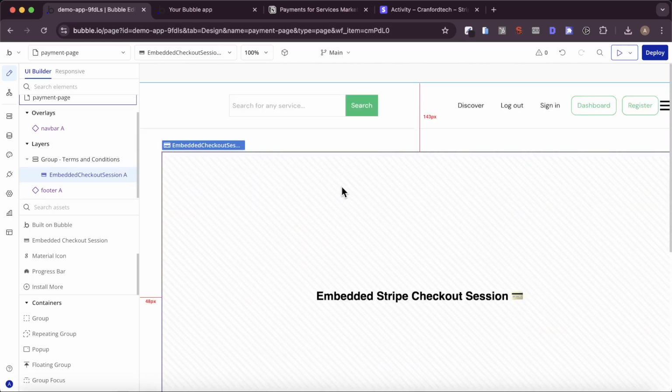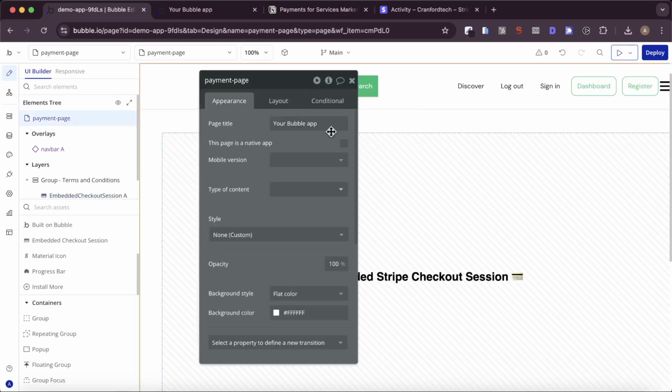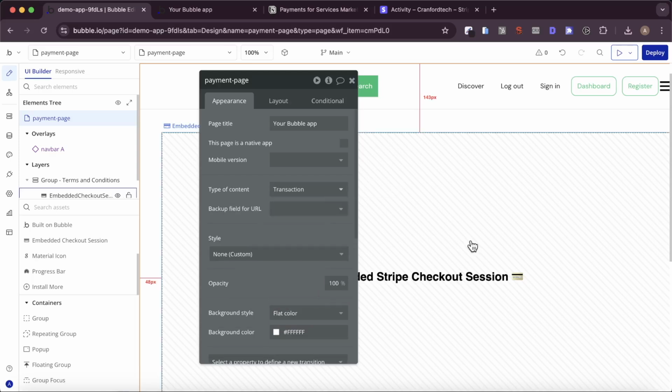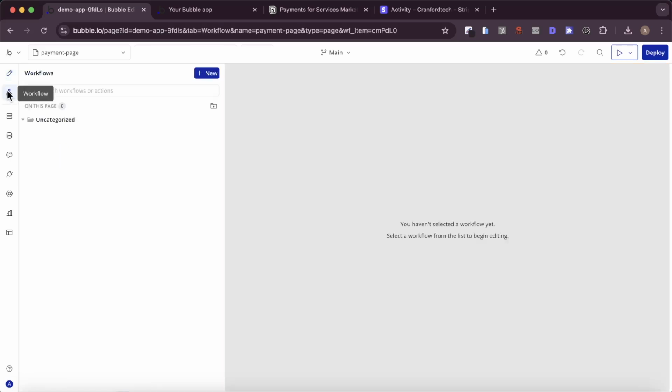And what I'm going to do is, when someone creates a checkout session, instead of being brought to an external Stripe hosted page, we're actually going to host a checkout session within our application. And in order for us to load the checkout session, we're going to say on the page itself, we're going to set the type of content to be transaction. And then we're going to say when the page is loaded,